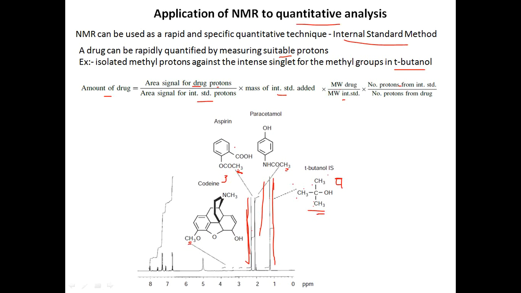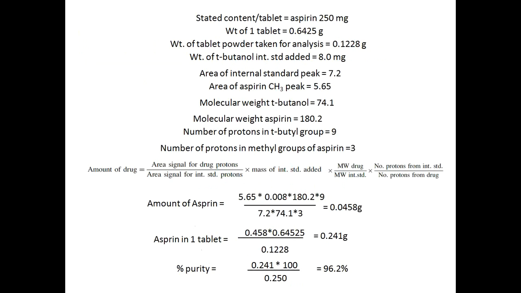So based upon this formula, you can quantitatively calculate the amount of drug present in a particular sample. In this particular example, you can clearly identify the amount of aspirin as well as the amount of paracetamol with a single experiment. But the error in the quantitative analysis of the coordinate will be larger, because the peak area under the peak for this is very, very small. So the error will be more in this particular case. But aspirin and paracetamol can be detected very effectively. So as an example, we'll see that.